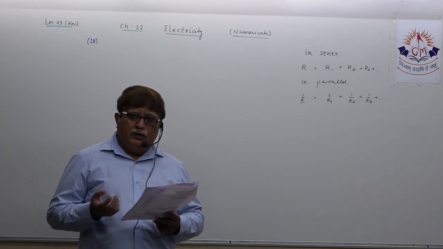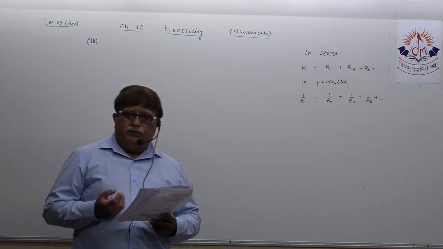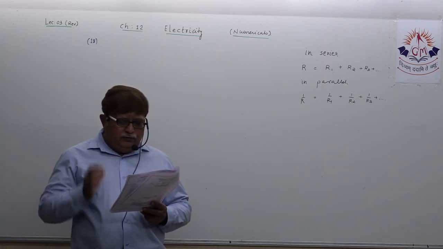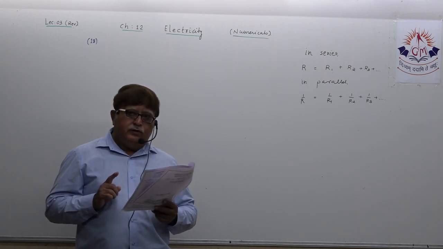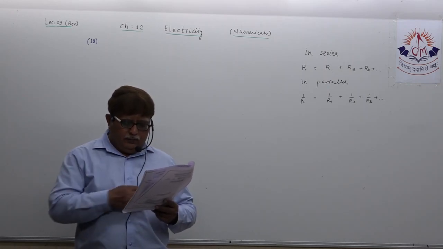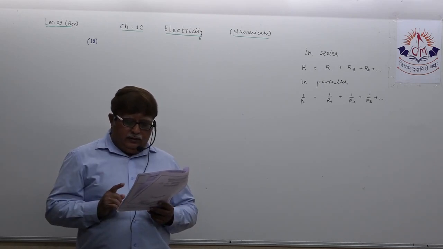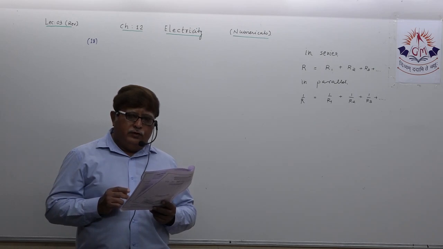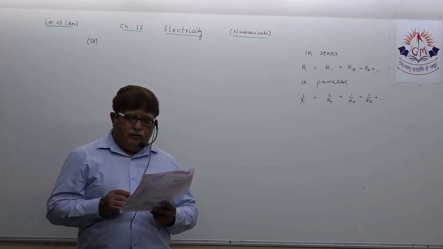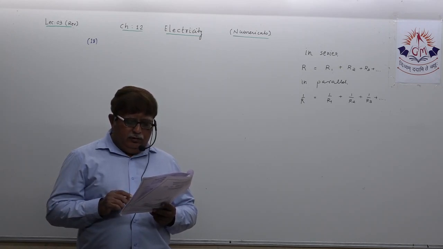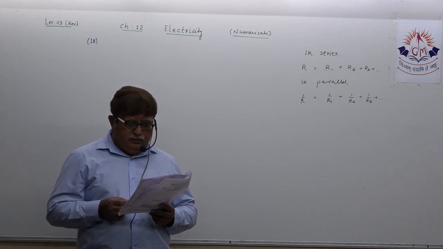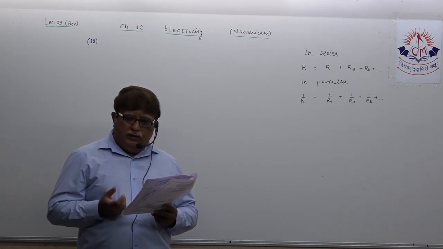Every electric device has got resistance, that you all know. An electric lamp whose resistance is 20 ohms and a conductor of 4 ohm resistance are connected to a 6-volt battery. Calculate the total resistance of the circuit, the current flowing through the circuit, and the potential difference across the bulb and the conductor.